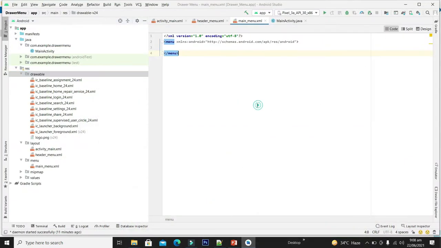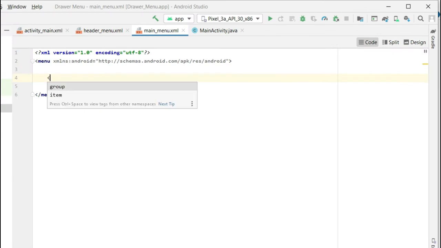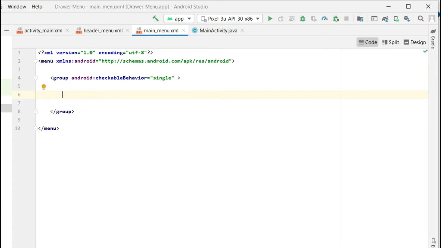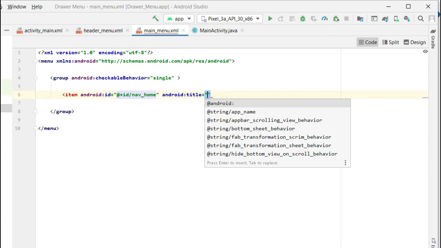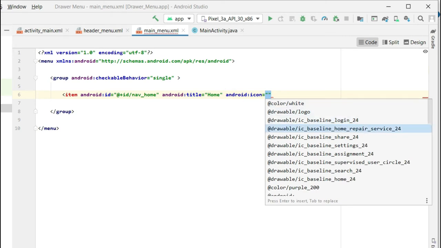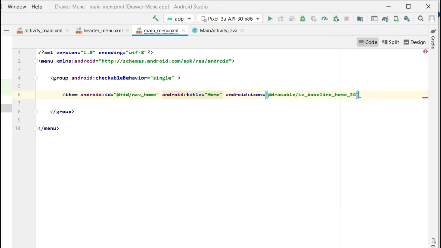Now let's design the menu, and from here select our first group, and its checkable behavior will be single. And in the group we have each item here. So guys, we have imported our first item here.